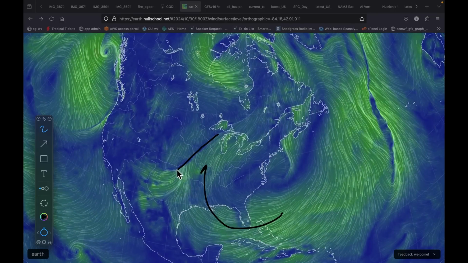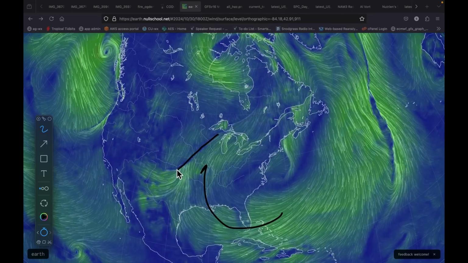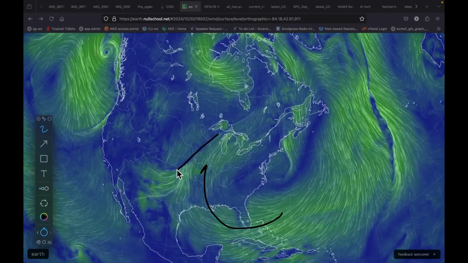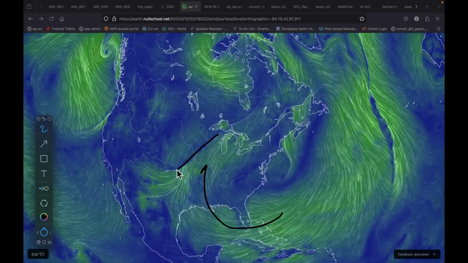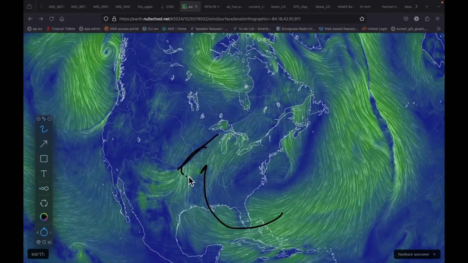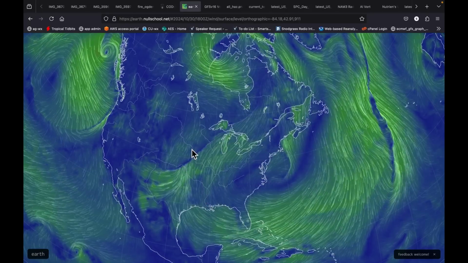There's your boundary. That's going to force air to rise rapidly, where it will decompress as it goes up in the atmosphere, allowing for expansion, cooling, condensation, clouds. And some of this, as it comes through, is going to be producing some severe weather, which we're going to talk about here in a few minutes.